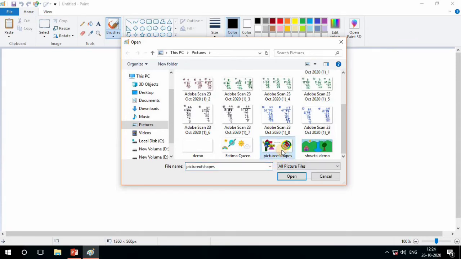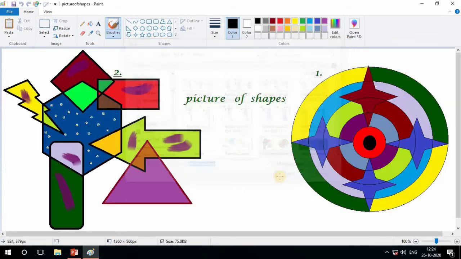This is our previous lecture picture. By clicking on it and pressing open, the picture will open. See here, the name is also displayed, the picture of shapes, which we did in the previous lecture. I think you should remember.